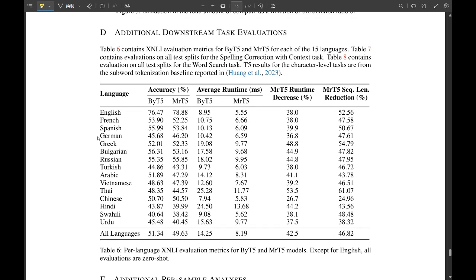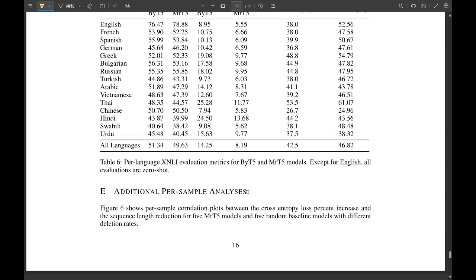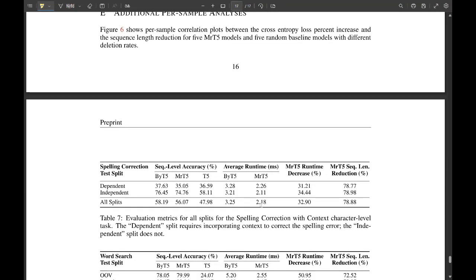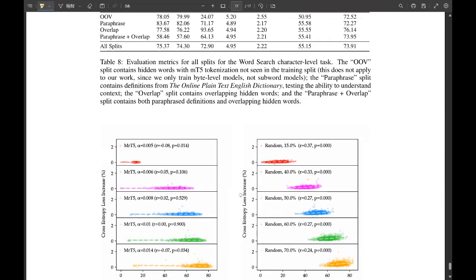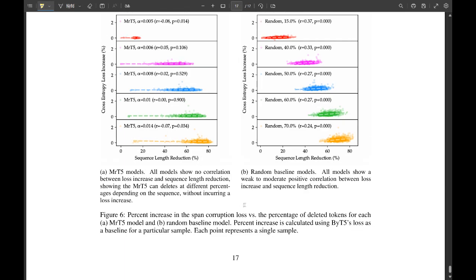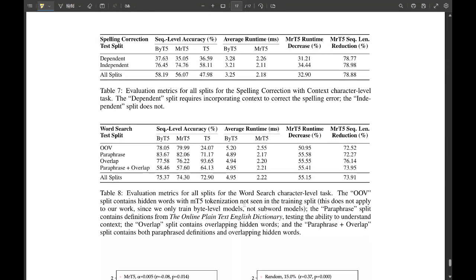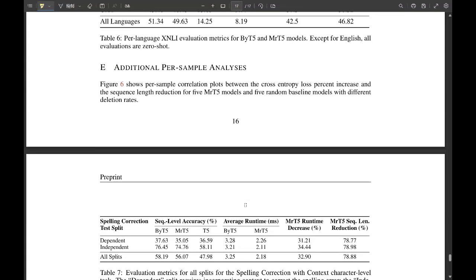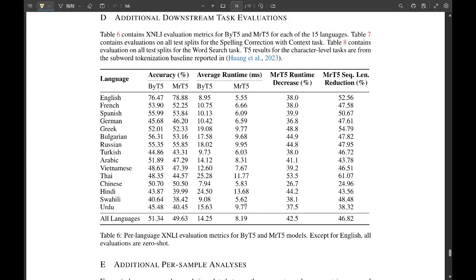So think of pre-training as the foundation of a language model. Right. It's where the model learns the basic patterns of language from massive amounts of text data. Okay. The standard approach is called span corruption, where you randomly mask out chunks of text and train the model to predict what's missing. So it's like giving the model a giant puzzle with missing pieces. Exactly. And seeing if it can fill them in based on the surrounding context. And the researchers wanted to see how MrT5 would handle this kind of large-scale learning.